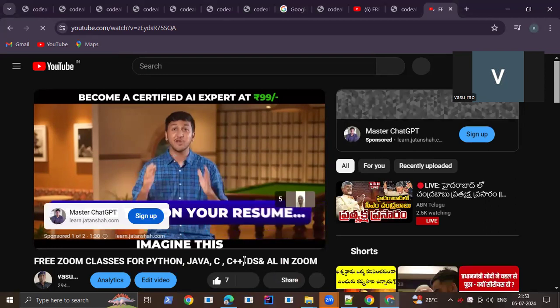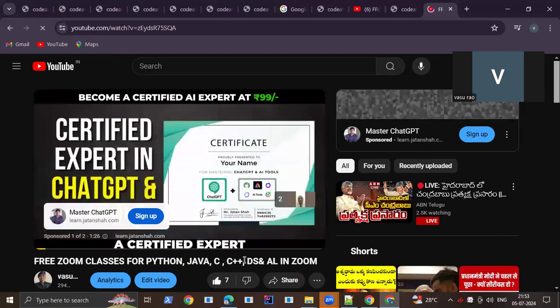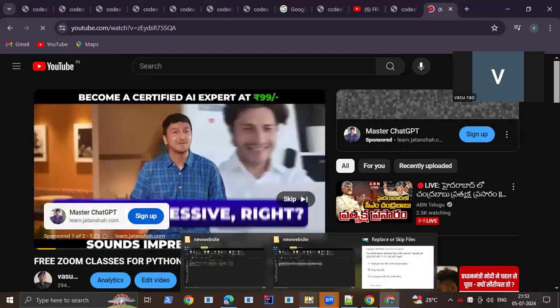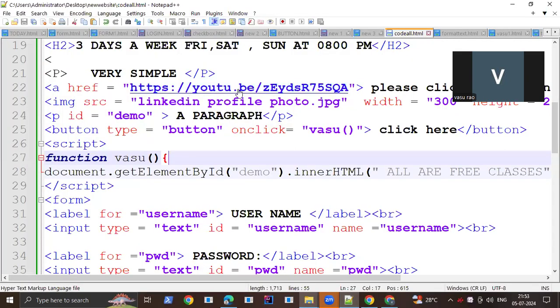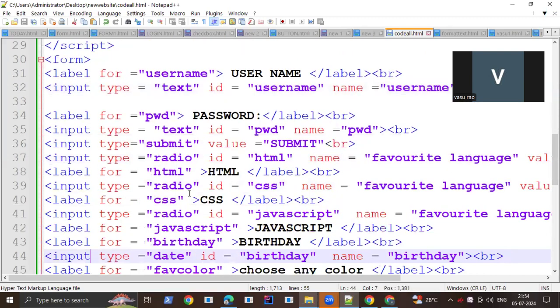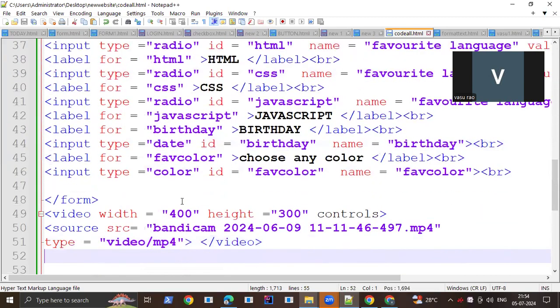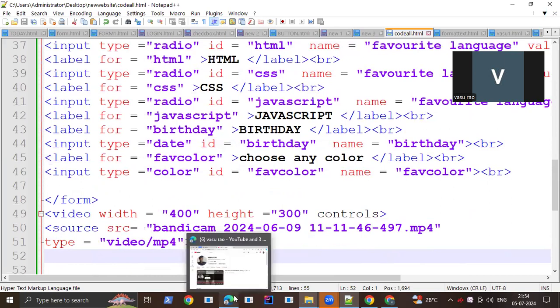Imagine this on your resume, a certified expert in ChatGPT and AI tools. Sounds impressive, right? In 2023, when thousands of people are getting fired from their jobs and replaced by AI, the AI experts who have mastered ChatGPT and AI tools are getting a salary hike of up to 3 times and faster promotions. If you are someone who finds it difficult to use AI tools or use ChatGPT to its